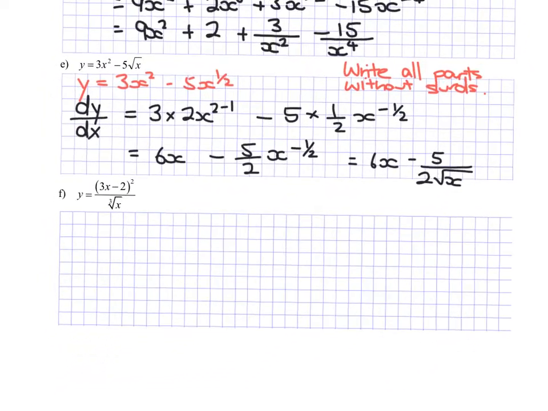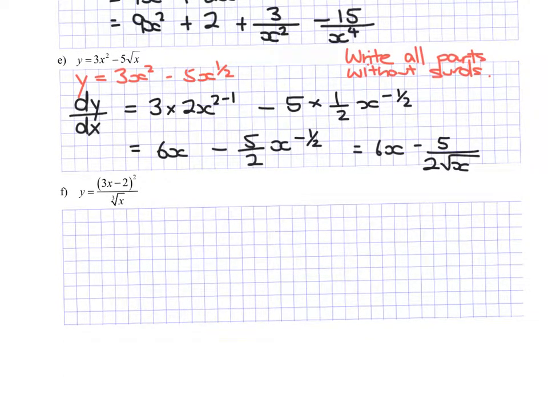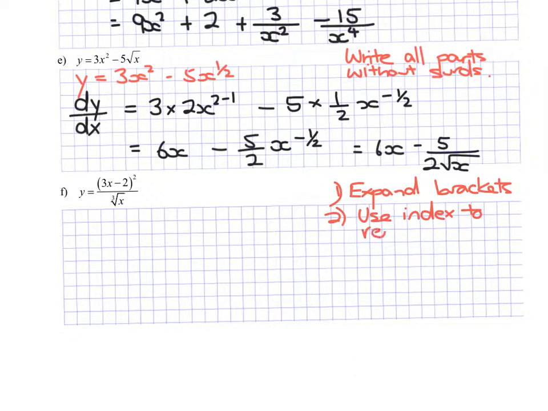but it's actually not really. When you've got a bracket up the top like that, and an exponent with the same base on the bottom, you want to, one, expand the brackets, and then use index laws to remove the base. Now you really want to make sure here that you're not breaking any rules of algebra. Alright? So if we've got this function y equals 3x take 2 all squared, I'm just going to simplify first and make that